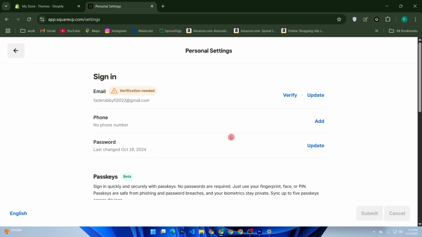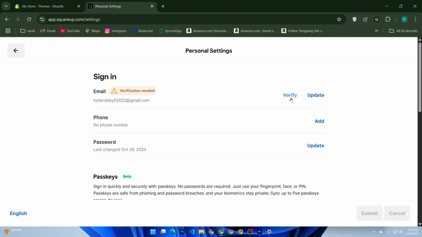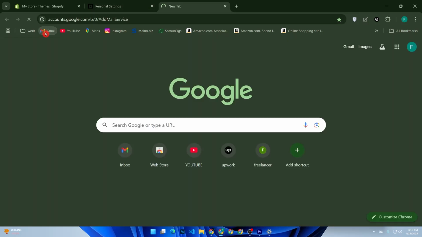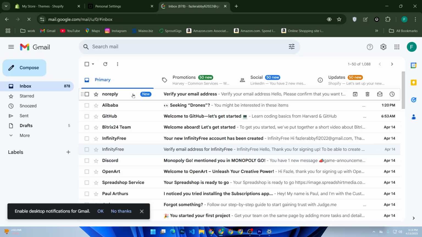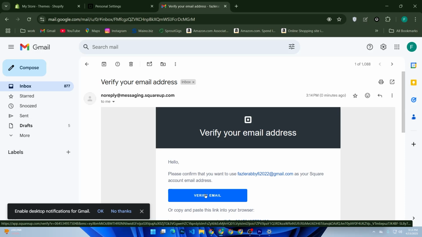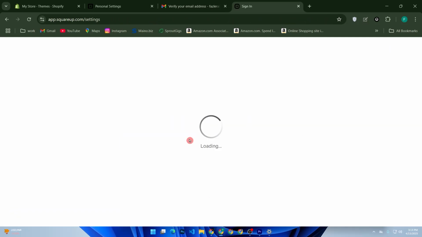Once you are in, verify your email. Go to your email inbox, then click verify email. For the first time, log in, then continue Square,